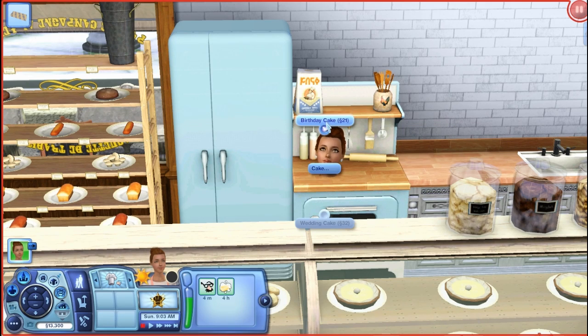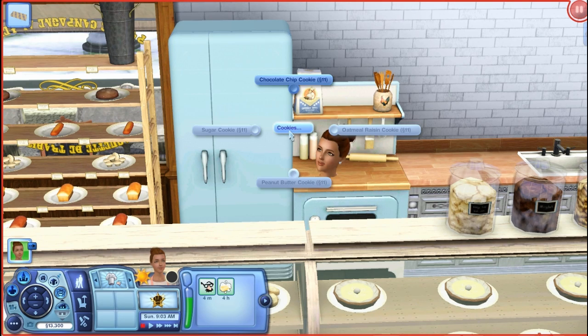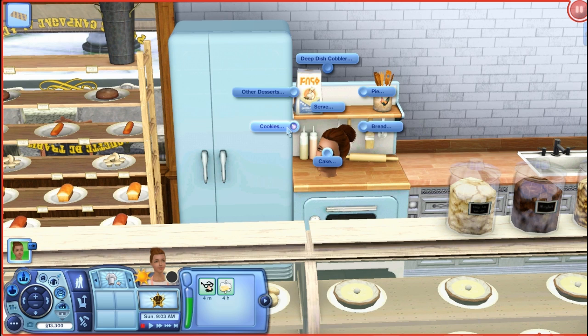Cake, now you can make your own little birthday cake and your own wedding cake. Cookies, you have oatmeal raisin cookies. My favorite. Oh my goodness, I cannot wait for my Sims to use this. Definitely right here, the baking station alone is definitely going into my Sims household and my LPs because you guys